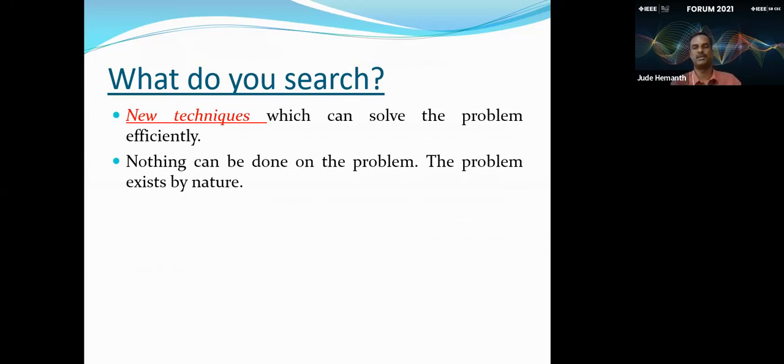Nothing can be done on the problem. Don't go and try to make some changes on your problem. The problem exists by nature. The diseases, the natural calamities, or any changes in whatever scenario, they are nature. We cannot disturb nature. But what we can do is develop some methodologies based on our educational background and try to solve the problem. So always remember your research work, you can think in your mind, will have a methodology part and